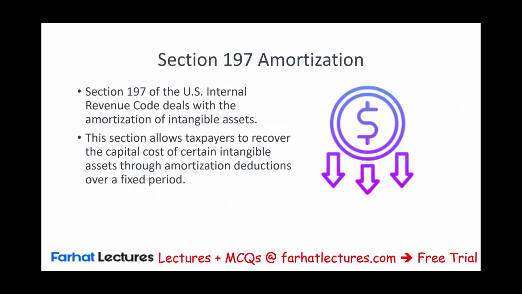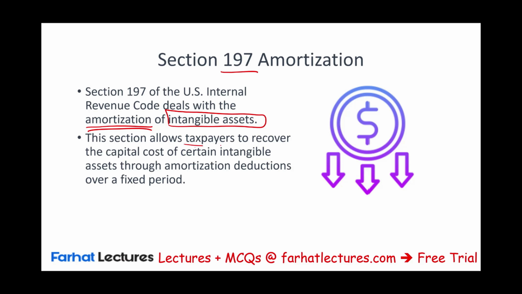Now, the government has this Section 197, and don't confuse this with Section 179. Section 197 amortization is to amortize intangible assets. What are intangible assets? Again, assets that lack physical existence. I showed you some examples. Amortization means it allows you to take a tax deduction. And why is that good? A tax deduction can lower your taxes. Lowering your taxes would lower your tax bill. You'll have to pay the government less because you can take a deduction.